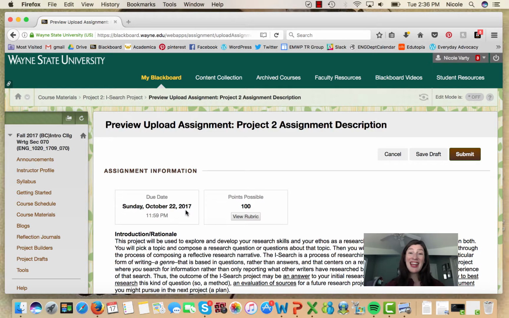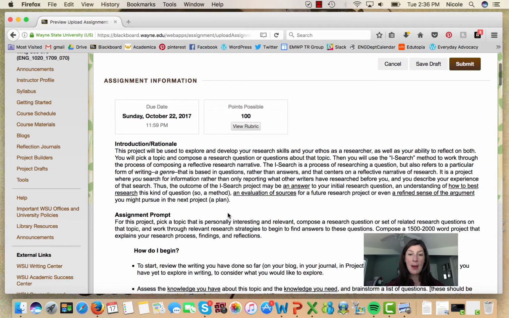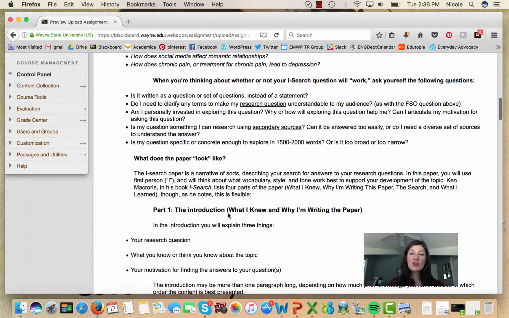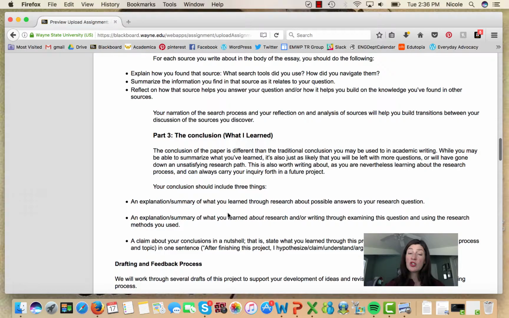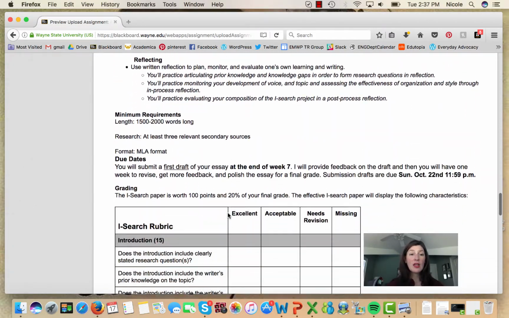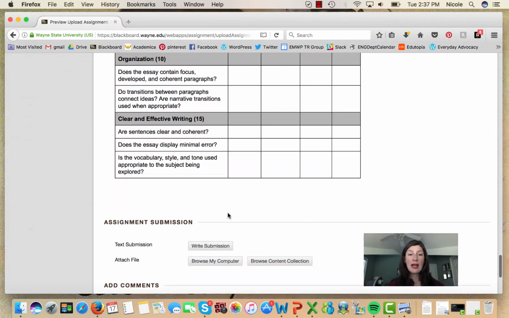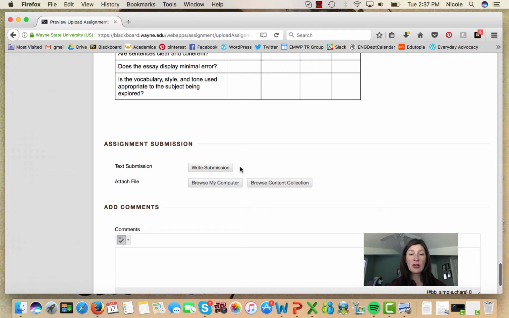You can see the due date is Sunday, October 22nd, 11:59 p.m. And as you scroll through the assignment, which you may even want to reread just to refresh yourself, you'll see at the very bottom, past the copy of the rubric, past the learning outcomes, you have the ability to attach your file. This is where you will post your final draft of Project 2.